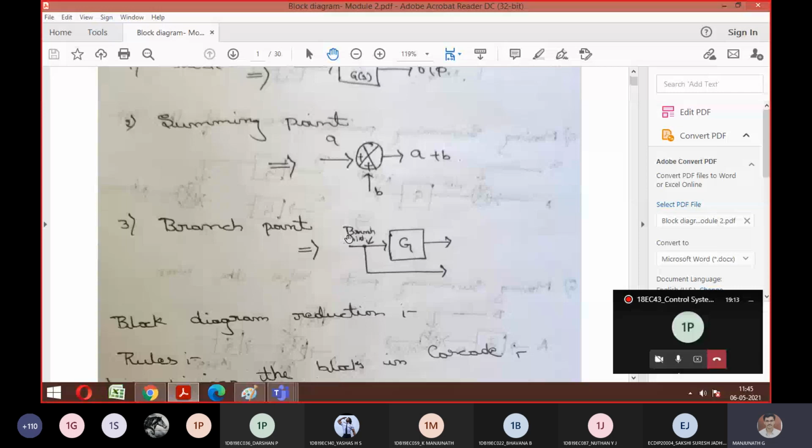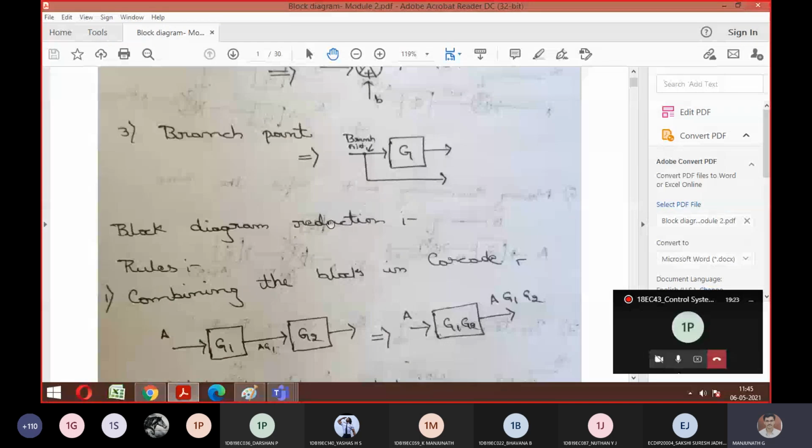We'll go with rule number one. Is it visible, guys? Whenever there is a combination of blocks in series, another name for series is cascade. You can see the blocks here. G1, G2 are called blocks, as we showed earlier in the three elements. If we connect n number of blocks in series, I can make it one single block with the help of multiplication. A series combination of n number of blocks becomes an equivalent block with the multiplication of blocks G1, G2, G3 and so on.